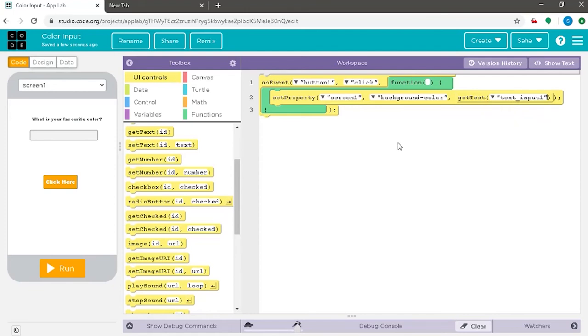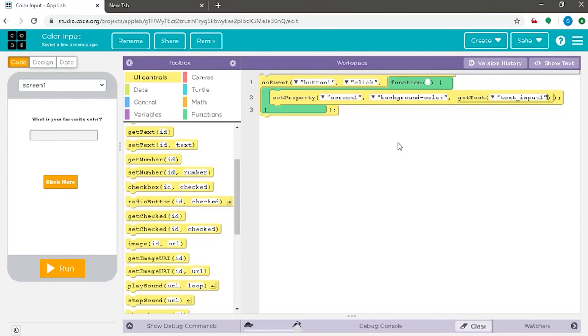So as you can see, our code is formed out of just 2 commands, which I shall explain now. The first is on event, that is the event of clicking button 1. The function is set property, that is our screen background color keeps changing as you enter text in the text input element.